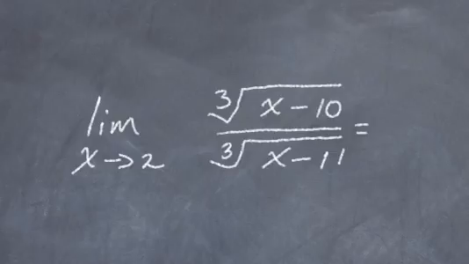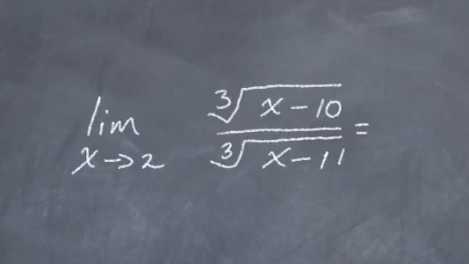We're looking at limits and we're solving them analytically. Now what you should do is try to work this out on your own and see what you get as the final answer. Just go down and pause and try to get it done yourself. That's the way I want you to be working along here instead of just sitting here and watching this. Okay, so we've got the limit as x approaches 2, and we have 3 roots of x